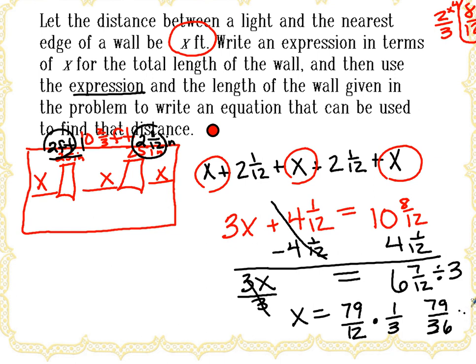36 goes into 79 2 times, which is 72. 36 and 36 was 72. And we have 7 left over 36. And that's wrong. This is a 6 because this is supposed to be 78, not 79. And 6/36 reduces to 2 1/6,